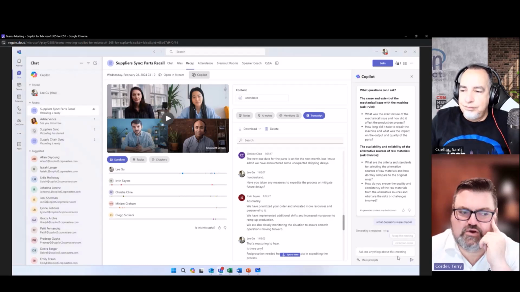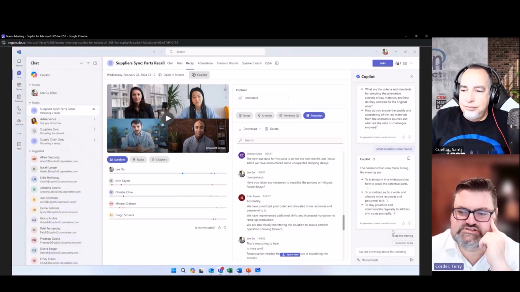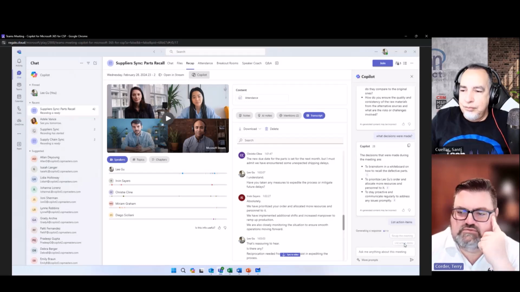And Copilot's going to go and think about the decisions that were made, and it's going to tell me what decisions were made. The decision to brainstorm on a whiteboard on how to recall these parts, to prioritize allocation of resources, to stay proactive and communicate. So it's given me those decisions, and then I can say, well, list me all